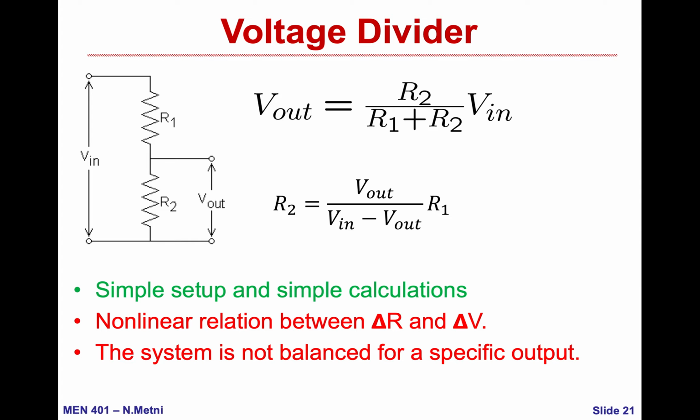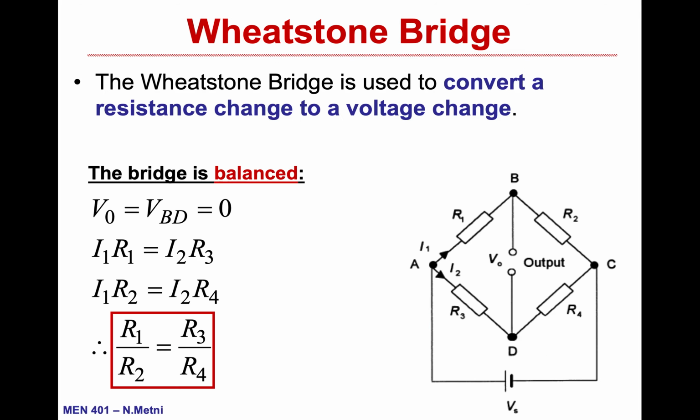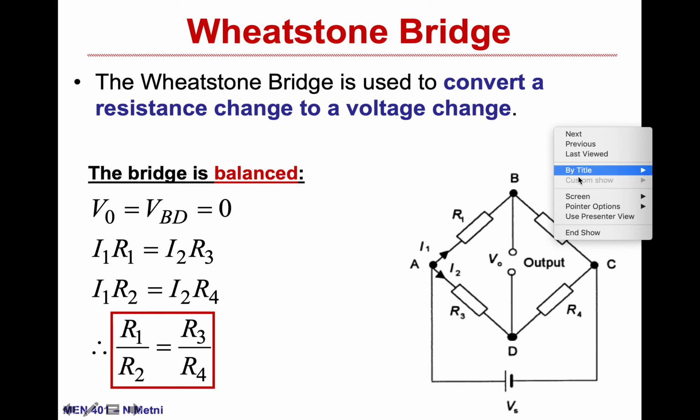Okay, so these two drawbacks will be solved a little bit later when using the second method of converting delta R into delta V, which is called the Wheatstone bridge. As its name says, it's a resistance bridge, in fact. It has 4 legs, and in each leg one resistance. So here we will have R1, R2, R3, and R4, and nodes A and C are connected to a power supply, which is Vs here. So let me just take the